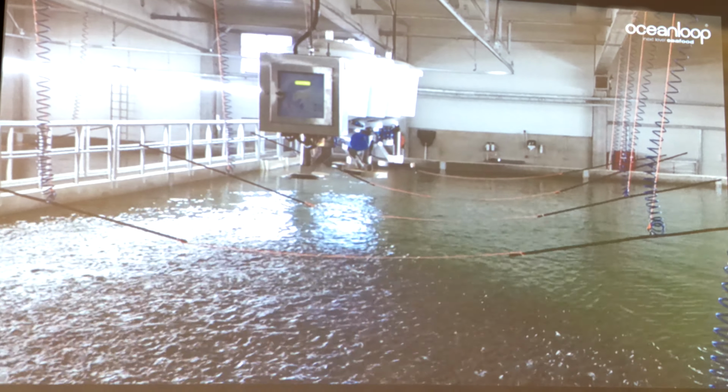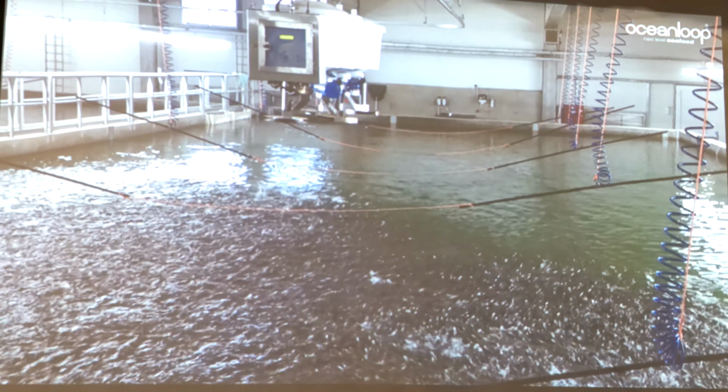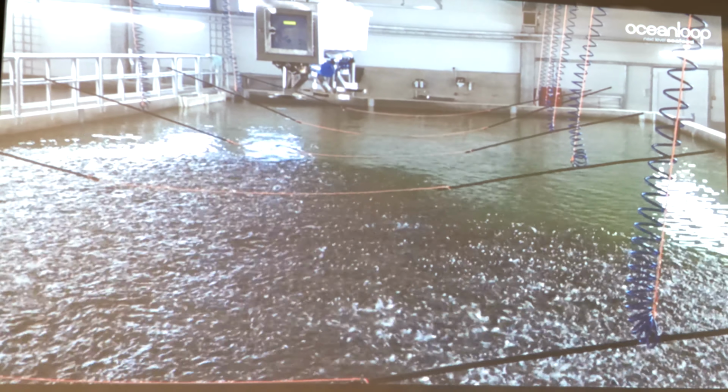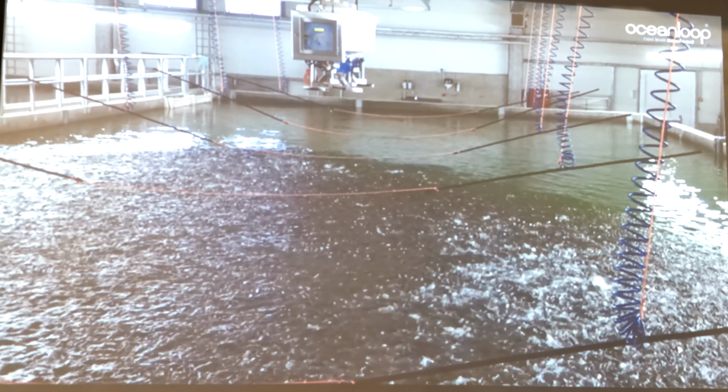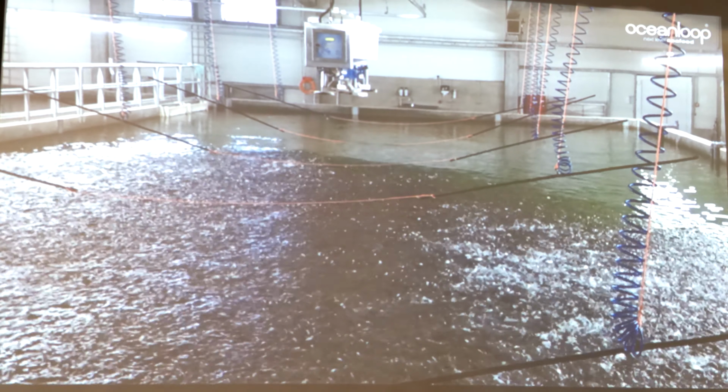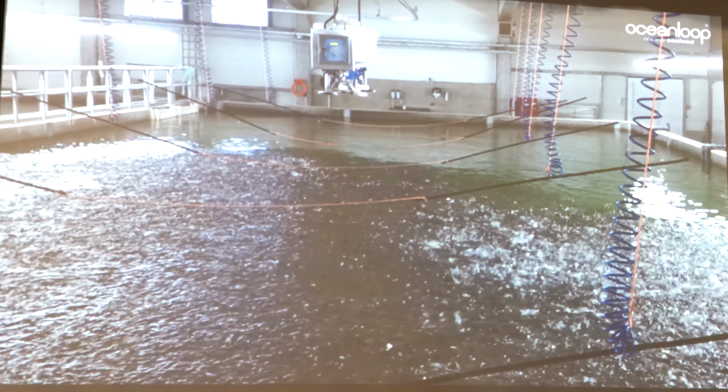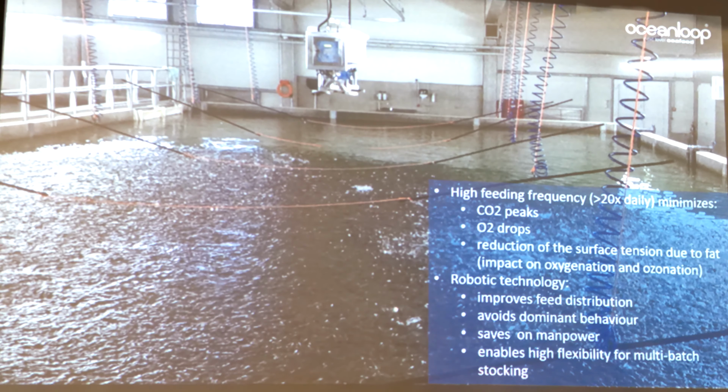I put this video into my talk because it was not so much about feeding in the session. You see our robot system here. You see that the fish is following the robot. The robot is distributing the feed while driving, which is really excellent because no fish can really know where the feed is going to be. So we get a really good size distribution in the fish. We also have a good horizontal distribution of the feed,